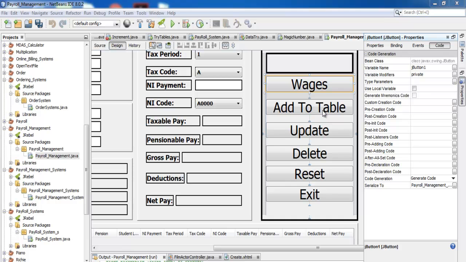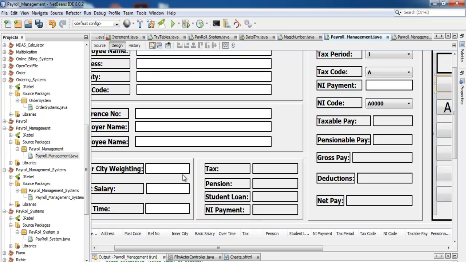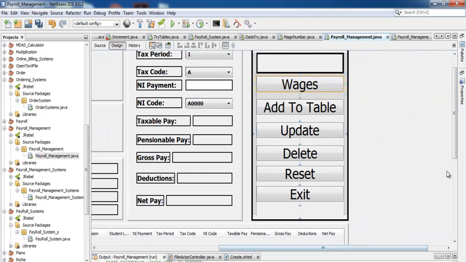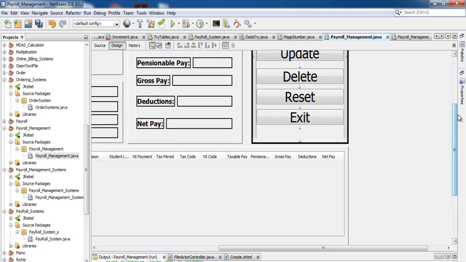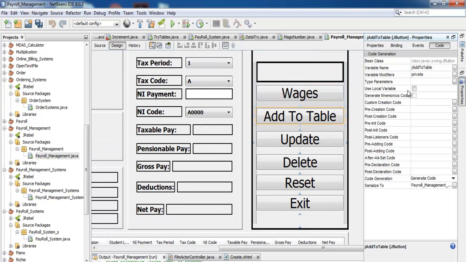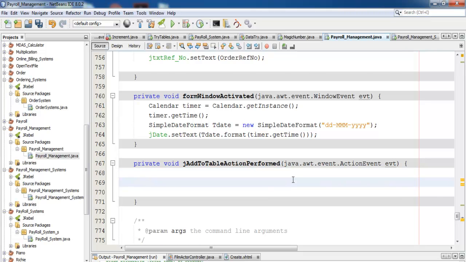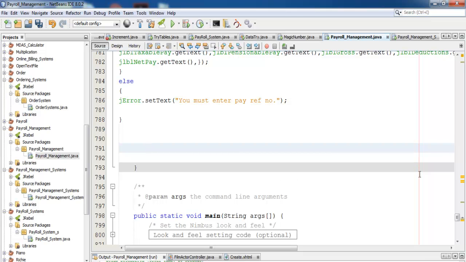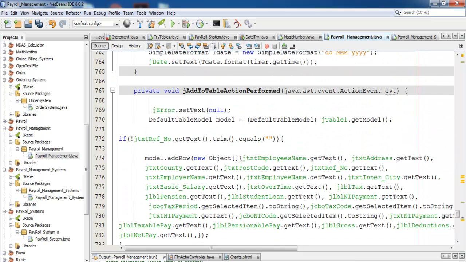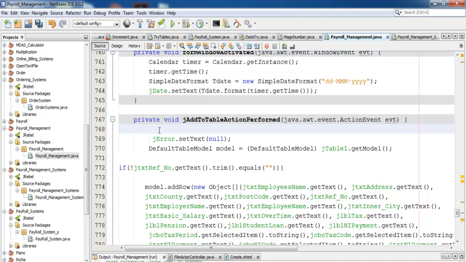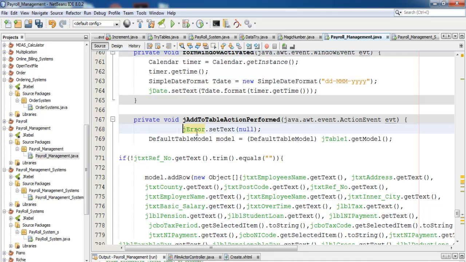Okay, the next thing I'll do is to actually add every single data in here. I like to add it straight onto my table right there, and I think I've given this a name, JTable. So if I double click on JTable, that's right here. Let's get rid of the comment and just enter as follows. Let me show you guys the codes anyway. Right here I have an